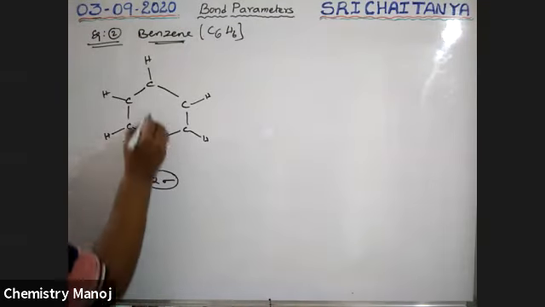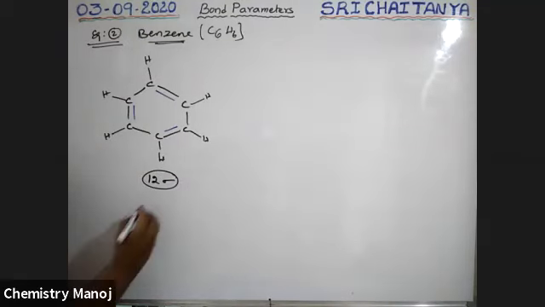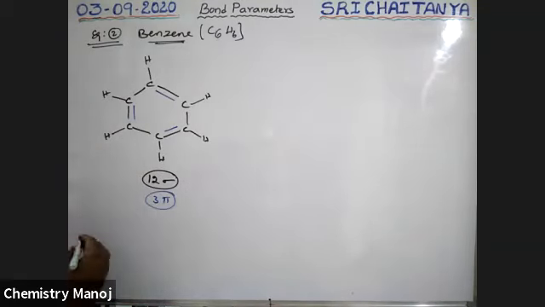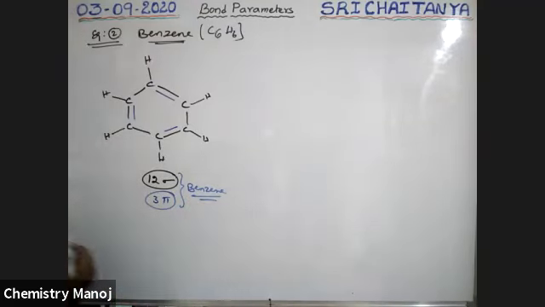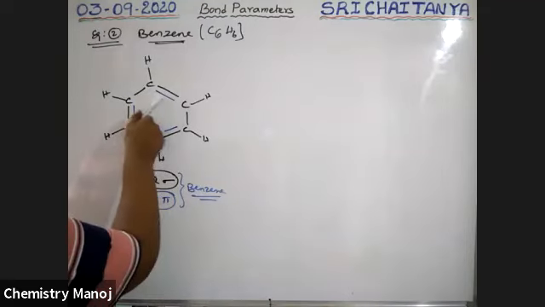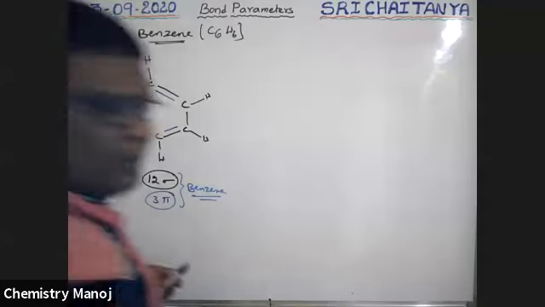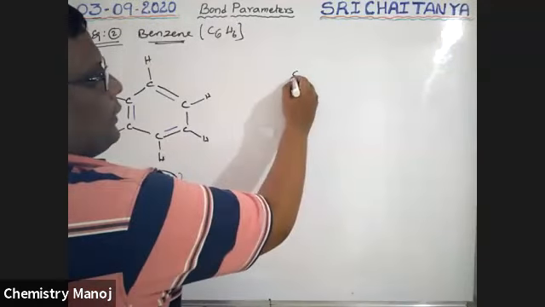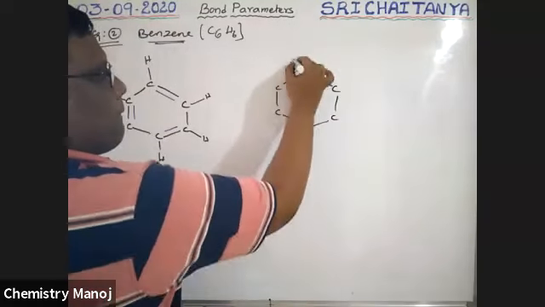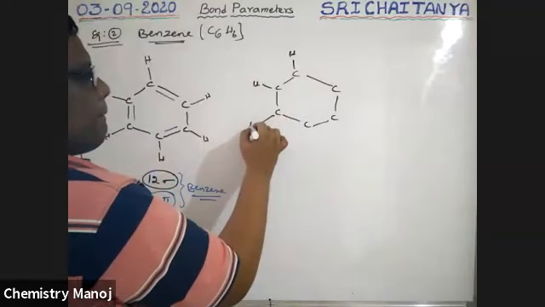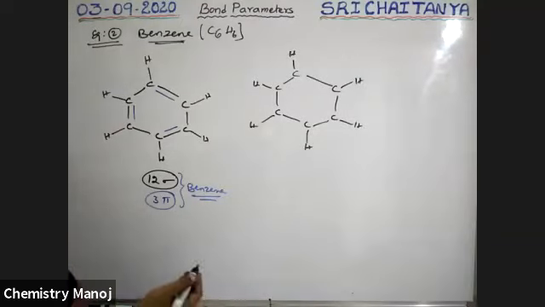Now there are 3 pi bonds, that is 1, 2, 3. 3 pi bonds in benzene, boys. Now someone asks, sir, why do you only draw here? Why not here? Yes, draw here, there. So that gives resonance. See here, carbon, six hydrogens. So the sigma bonds are not changed, but pi bonds are.